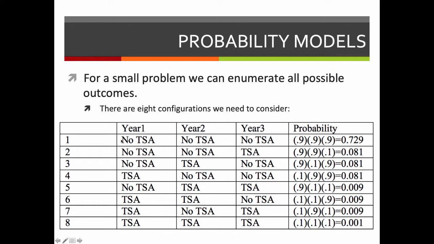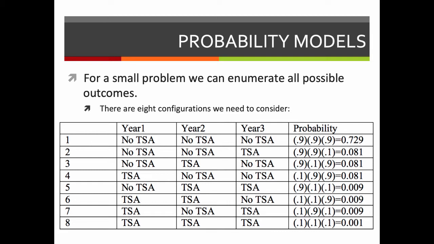So the probability we're interested in is this first row. Since these are independent, identically distributed, the probability over this 3-year sequence is simply the product of each of the probabilities, 0.9 times 0.9 times 0.9, 0.9 cubed, which is 0.729 or 72%. So we have a 72%, well, actually 73% chance